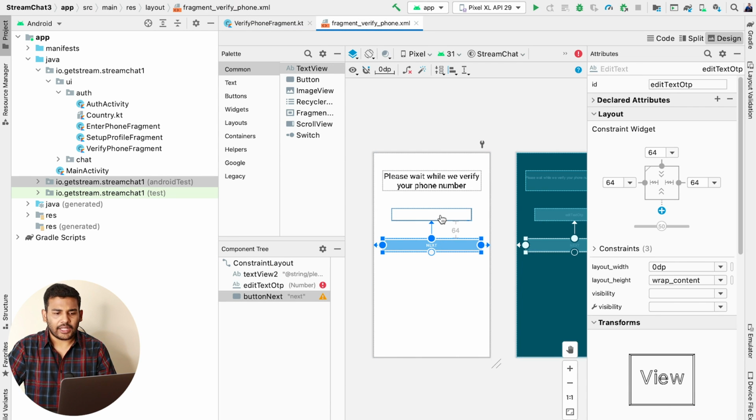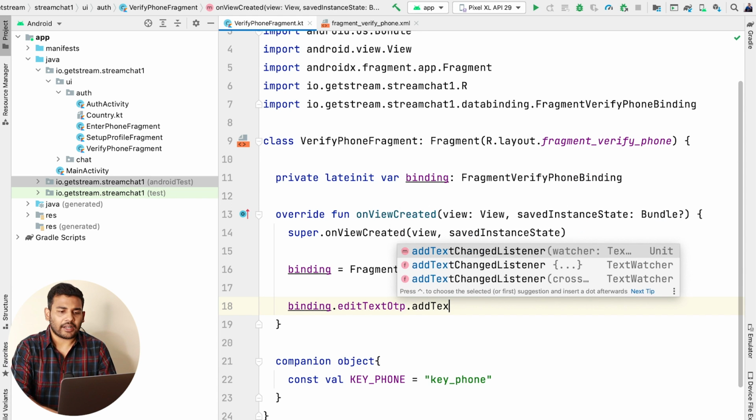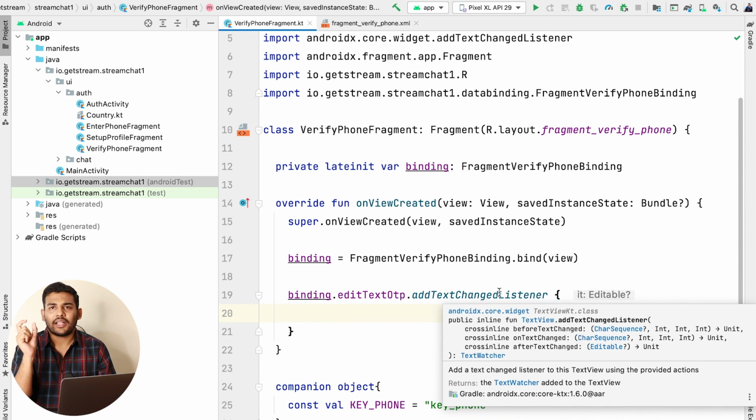Now if you go to the design, you can see I have a text field and a button here. So again I will attach a text change listener to this edit text, and based on the input I will enable and disable this next button. So we will write binding dot edit text OTP. Inside this edit text, the user will enter the OTP. I will add a text changed listener, and here I will check if the length given is 6, that means it is a valid OTP.